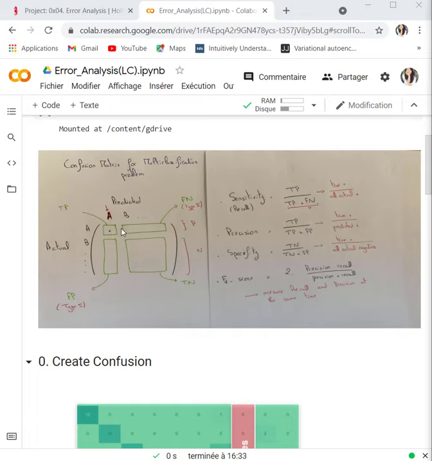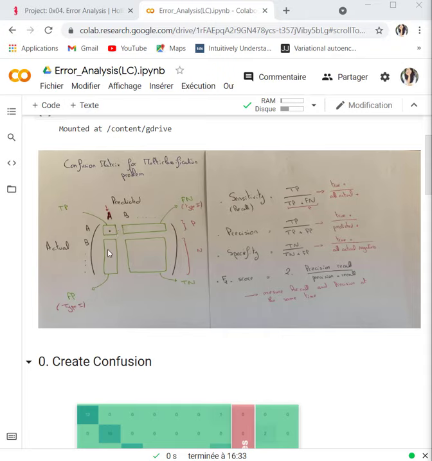So I predicted that all these values here don't belong to class A, that they belong to other classes like B, etc. But actually, they belong to class A. So this is the false negative.